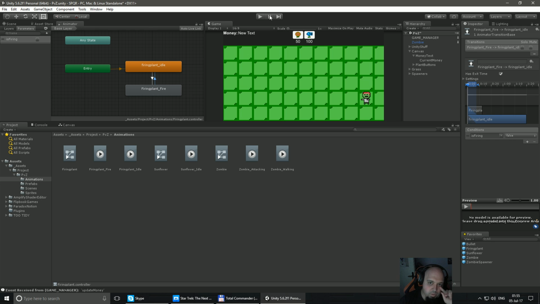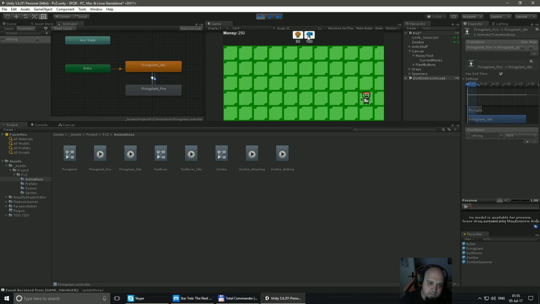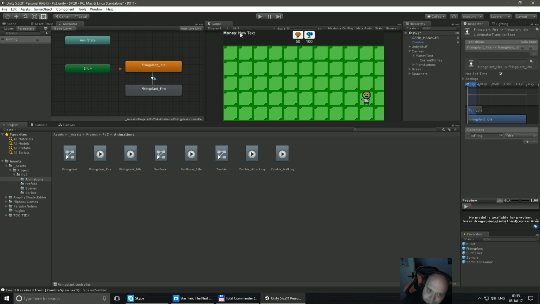As you saw, when the firing plant is firing, you see, it's firing, but it didn't update it yet. And now it's firing. It is the firing animation. And now when the zombie dies, it died, but then it had some delay. I haven't tinkered with animations. So anyway,